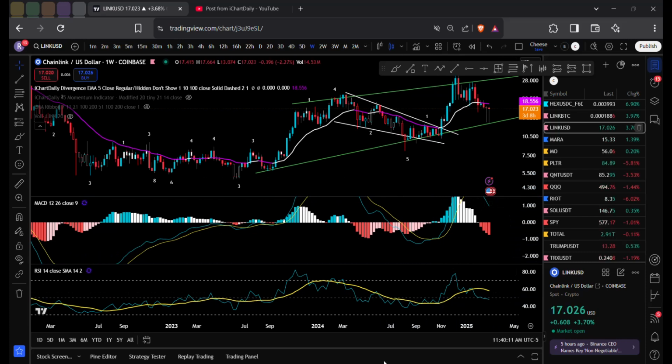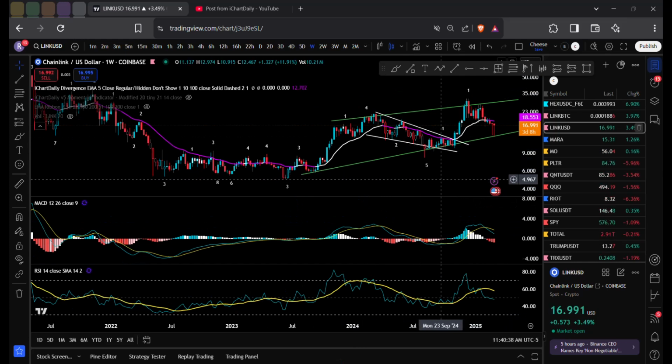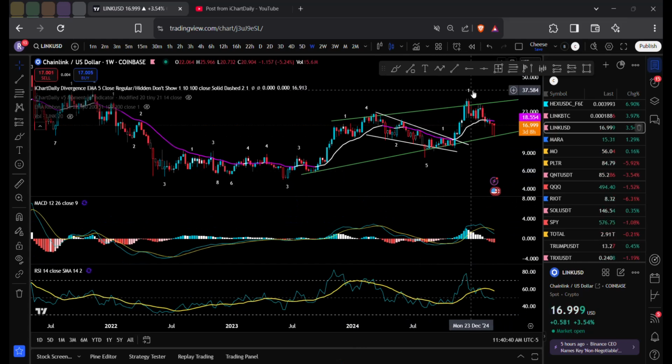Hence, once this turns to something like this, which is a rocket in a rocket, when your daily and your weekly RSI are both bullish, it's off to the races. And then once this turns to a check sign, when you have the 7, 11, and 21 forming on the daily, not the weekly, that's a very good time to open up a long on Chainlink. You can see here the indicator going off.